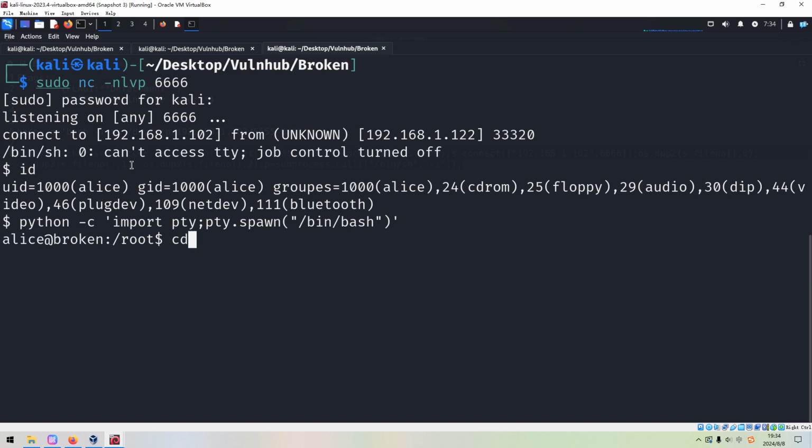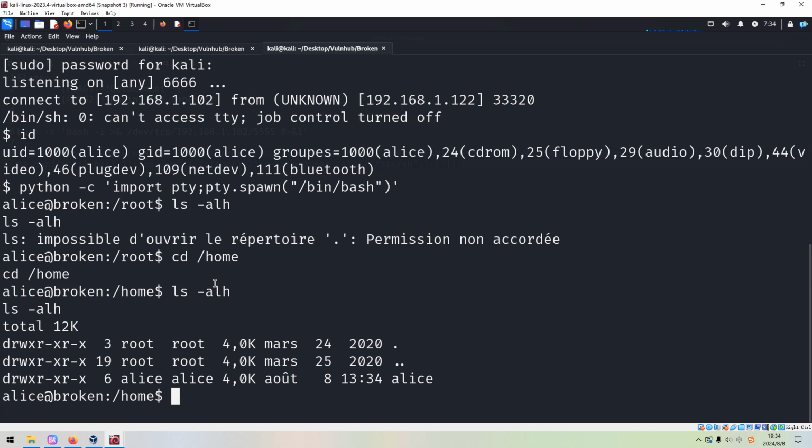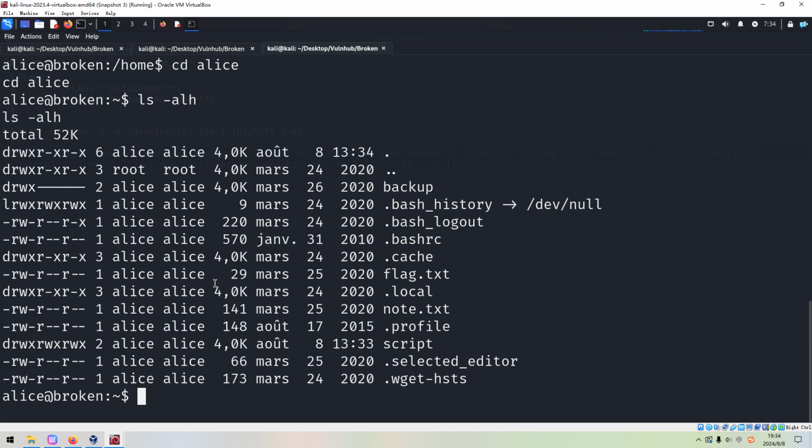So next, root. Very interesting. We are within the root directory. We can list, however, permission on, although this is not in English, but I can guess that this should be something like permission denied. So we can go to the home directory to get more local information.